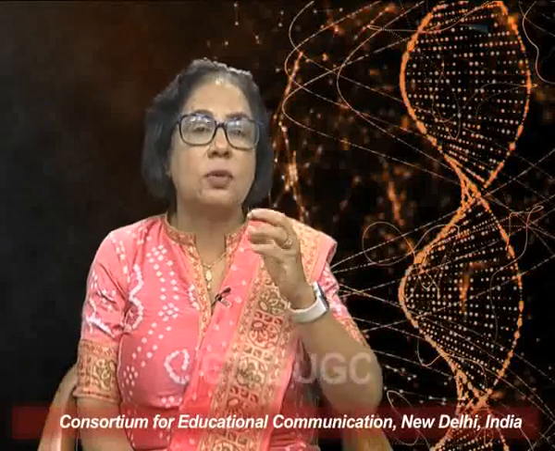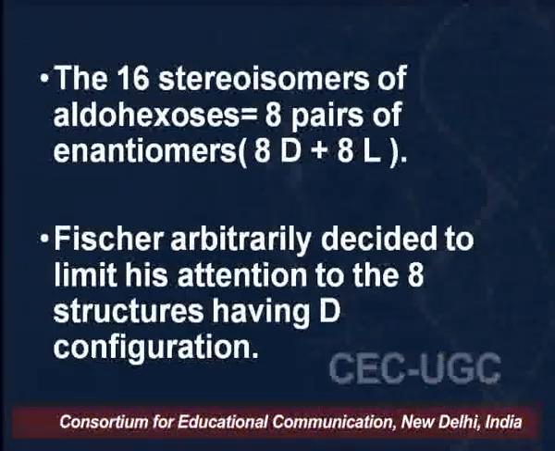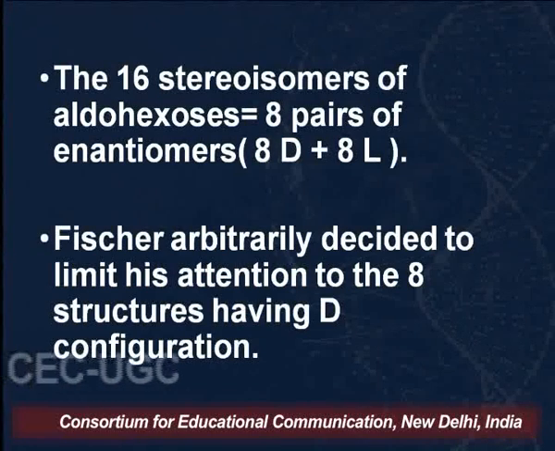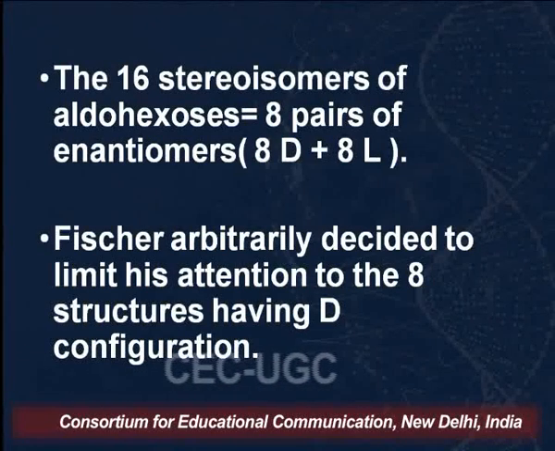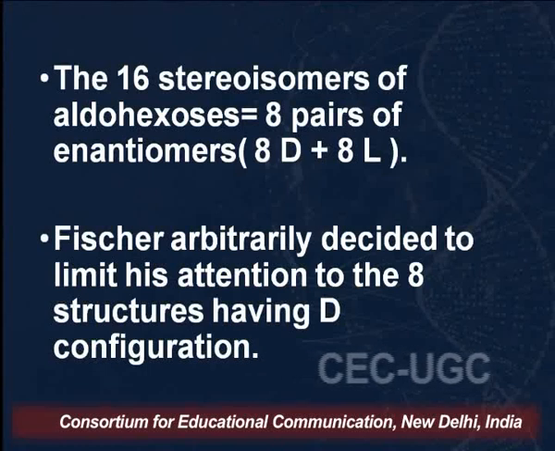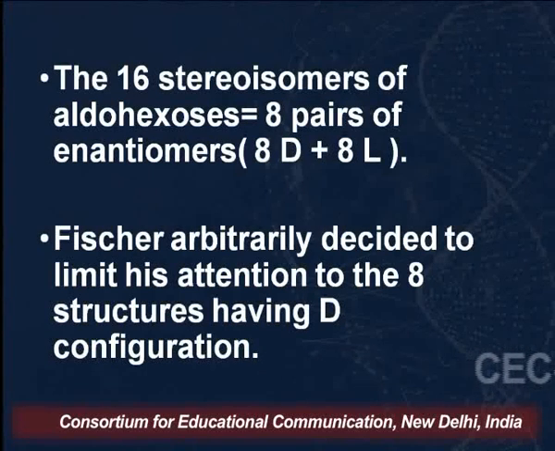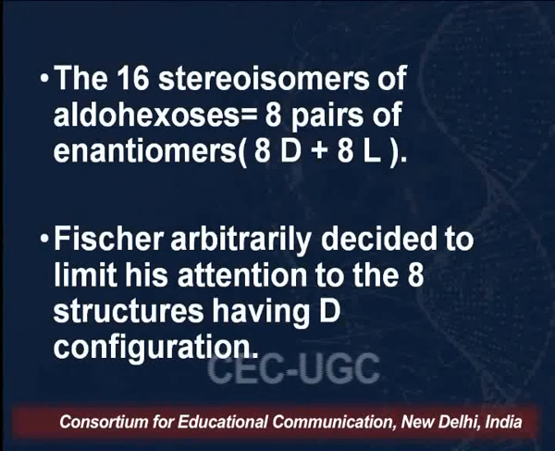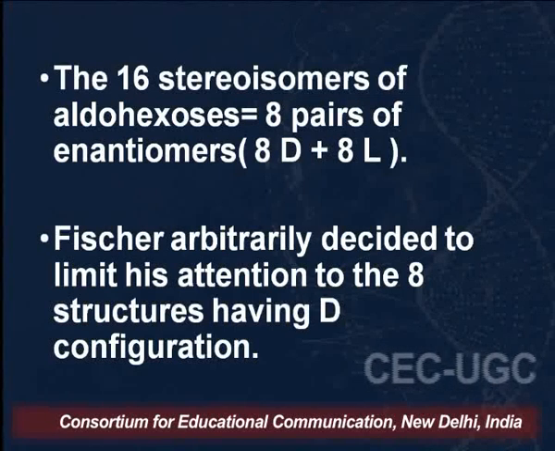So when we say 16 stereoisomers of aldohexoses, what do we mean? We mean 8 pairs of enantiomers. That is, 8 of them will have configuration capital D, and the other 8 would have configuration capital L. So he arbitrarily decided to limit his attention to only 8 structures having D